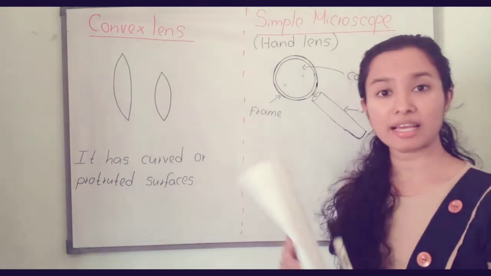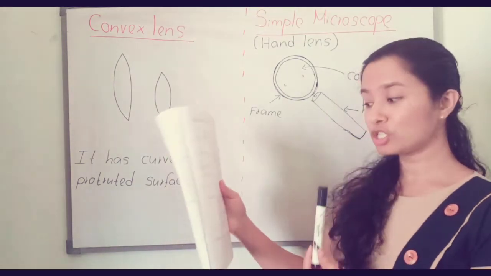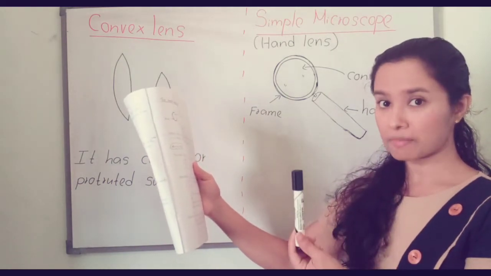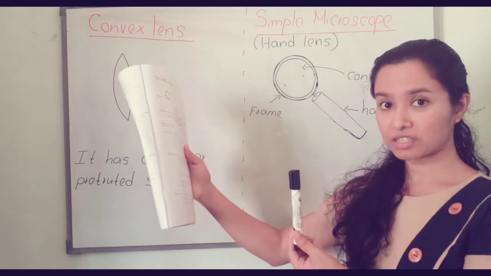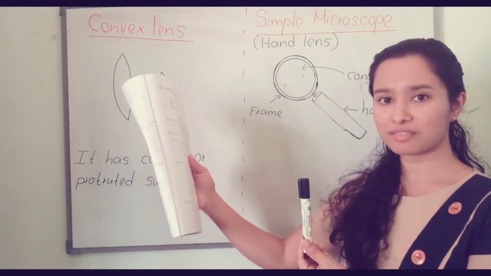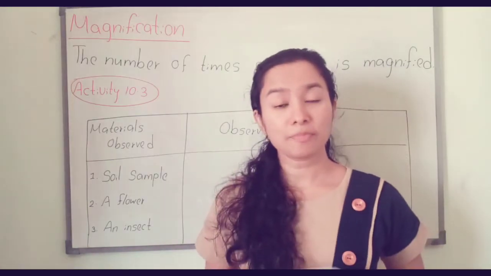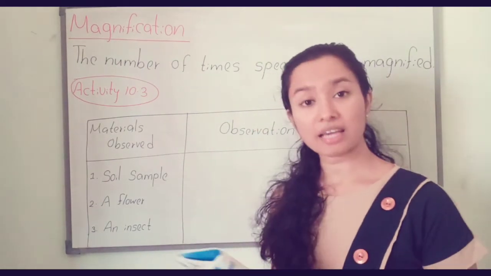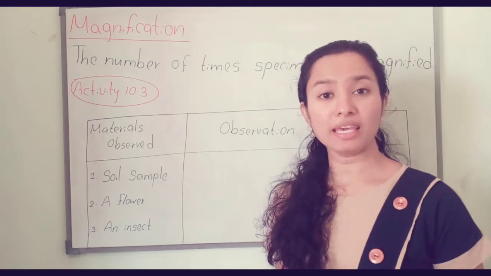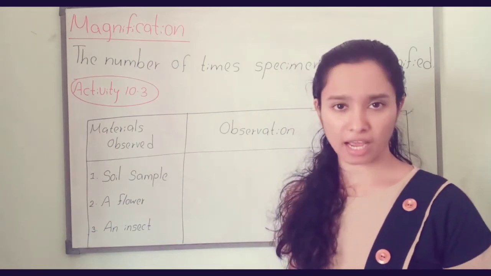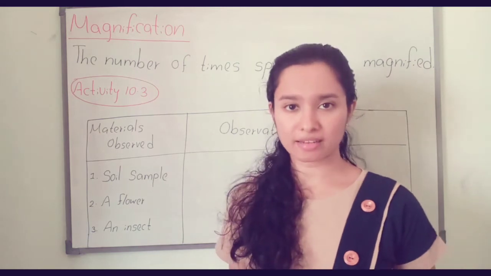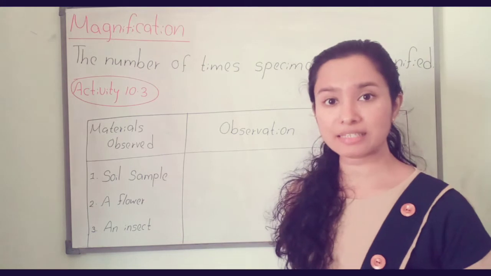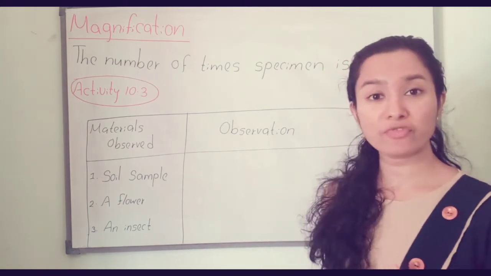So, what can you realize by this practical? There should be a constant distance between a simple microscope and the object to get a clear picture. Okay, understood? In the previous practical, you have observed that the size of the letters will be increased by several times. We call that incident magnification.